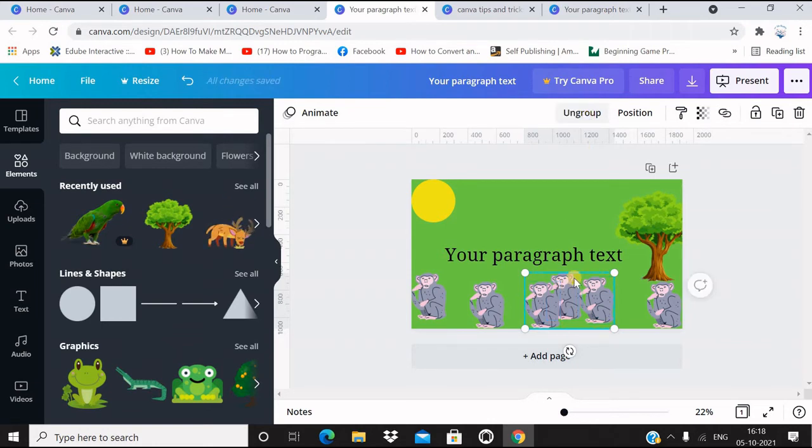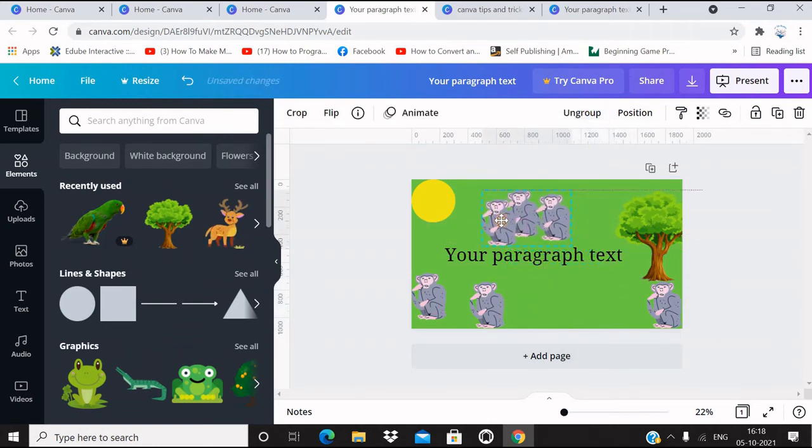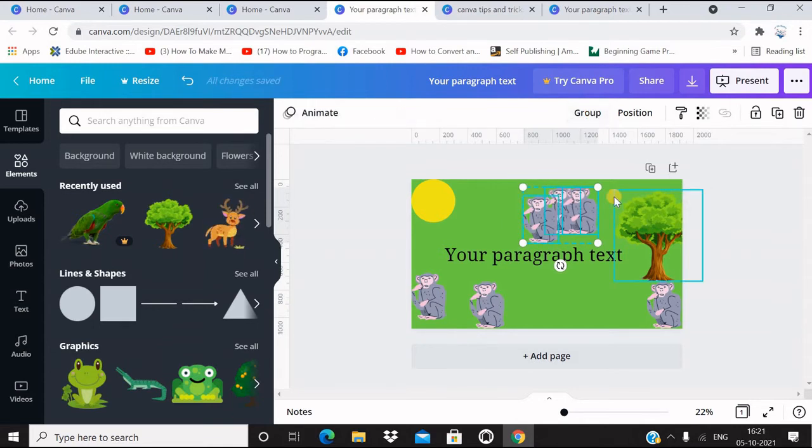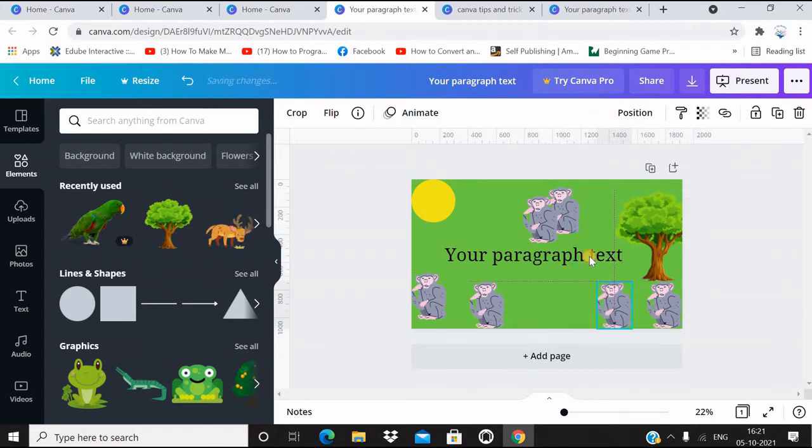Now we can group it together. Now if you drag it, it all moves together. We did a multiple selection, grouped it together, and now we are able to move it together. So this is a group. Now to ungroup it, click on ungroup. Click outside the images. Now this is ungrouped, we can move it one by one.